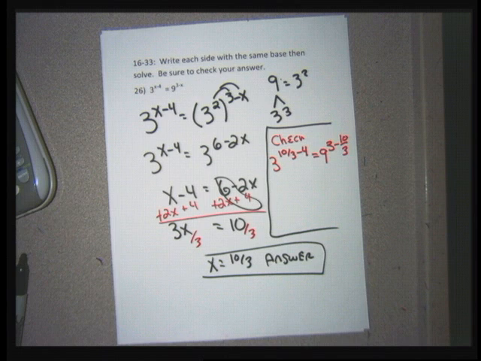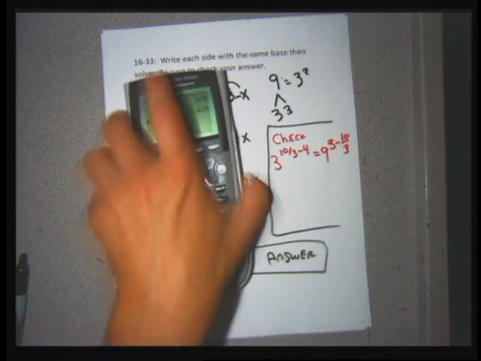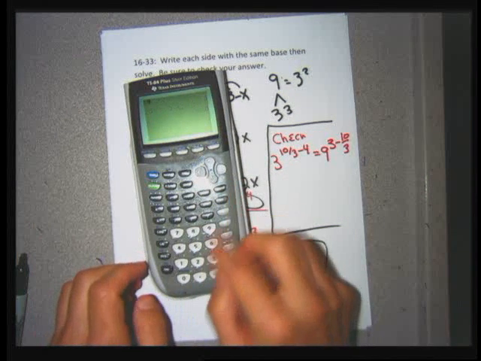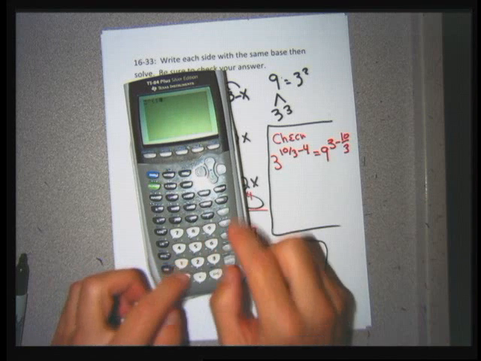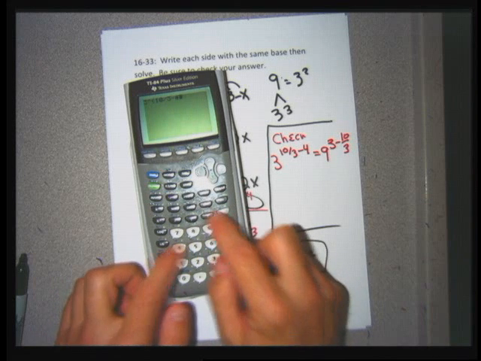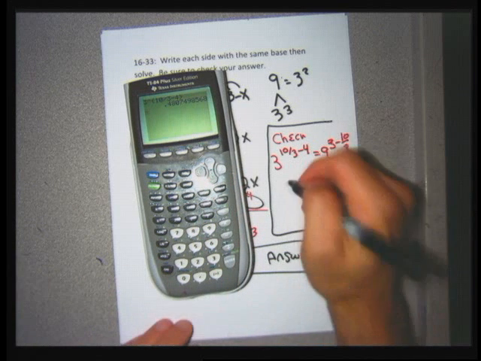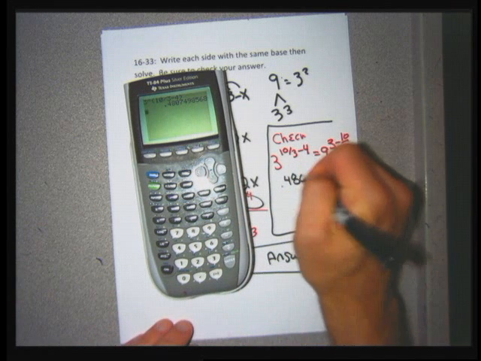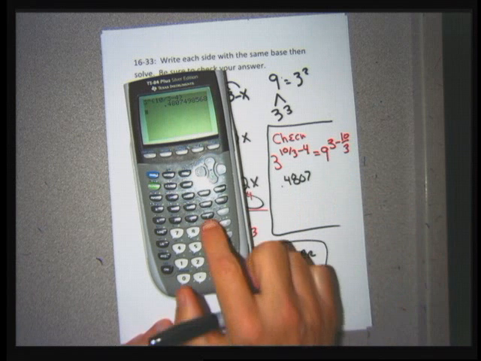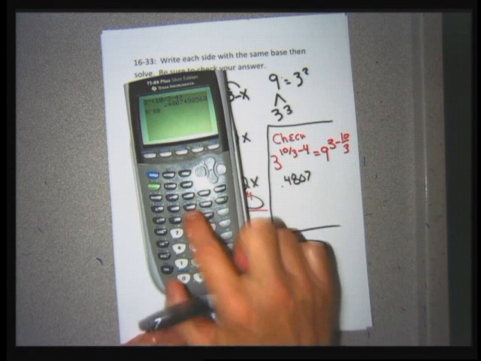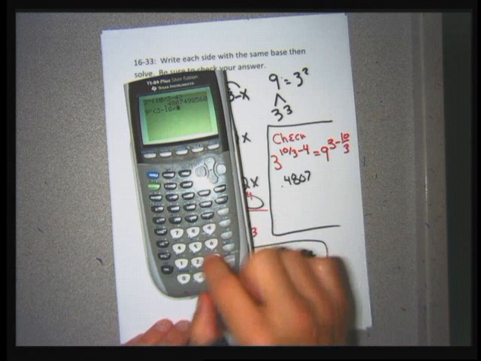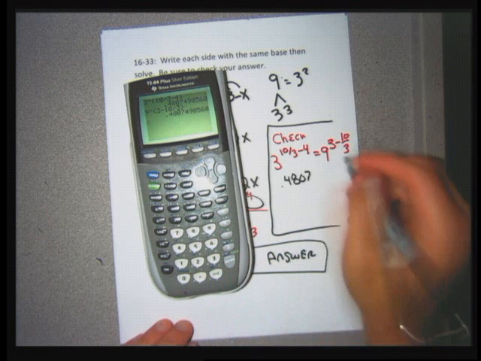They're just going to be that way, though. So I'm going to do the left side. I'm going to go 3 up arrow parentheses 10 divided by 3 minus 4. And when I do that, I get 0.4807. On the right side, I go 9 up arrow parentheses 3 minus 10 divided by 3, close out my parentheses. I get the same